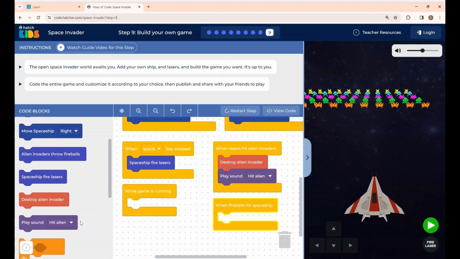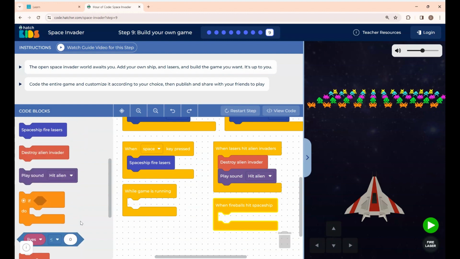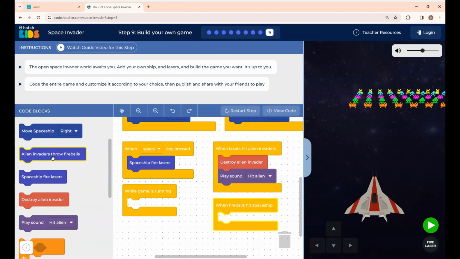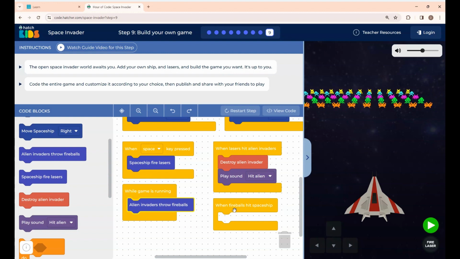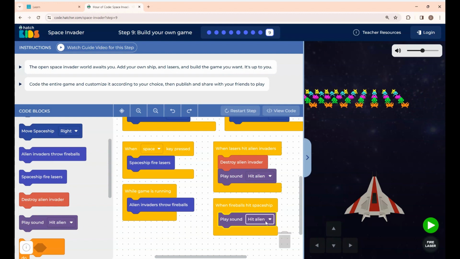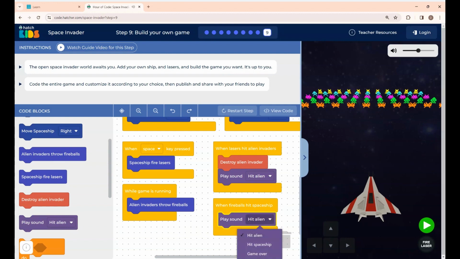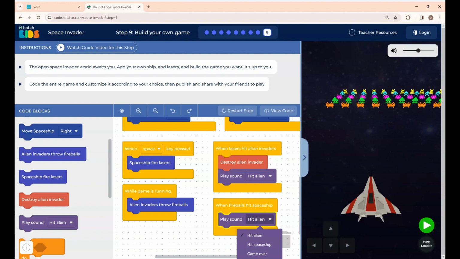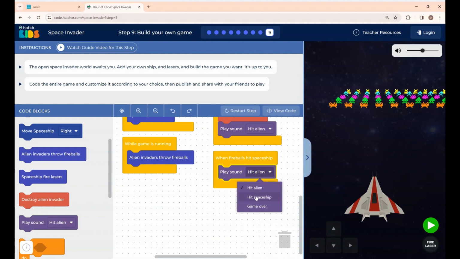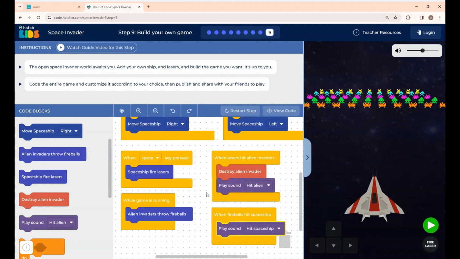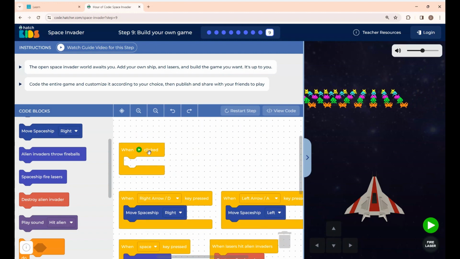While the game is running, I want the alien invaders to throw fireballs. Then when fireballs hit the spaceship, I want the hit spaceship sound to be created. So I'm changing this. Yeah. Now when run button is clicked,